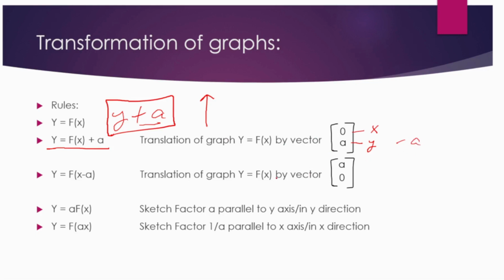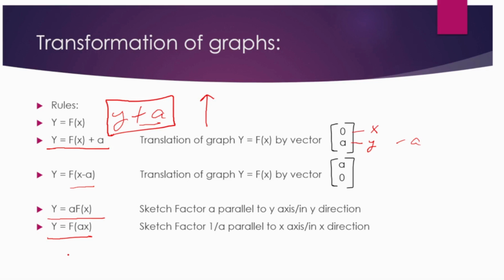And now for the second rule, what is happening to it, y is equal to f of x minus a. So there is translation in the x direction. It will be positive. I will explain this in the next slide. As you can see here, even the fourth rule for the x, it is a bit tricky as it is not very direct, but for y it is very direct. Whatever is happening to the function, basically that is your answer. So now let's move on, and I will explain to you what is happening to x